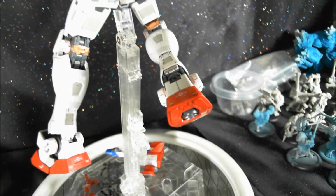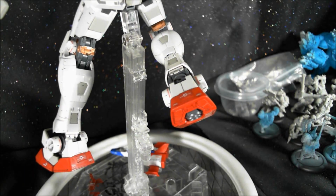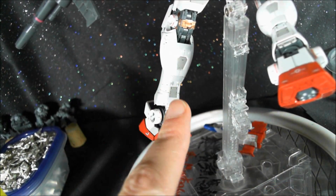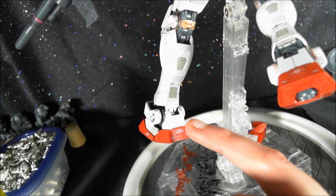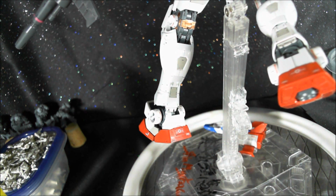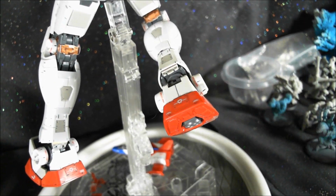Getting down to the lower part, here you can see on this one, if you don't have the leg armor up, the sticker actually goes up a little bit. The great part is, I don't know if you can see it, there is black detail on the sticker, but the piece that's underneath it actually has rivet holes, or it has rivets. So if you decide to paint it, you can still get the same detail without the sticker. But back onto here,